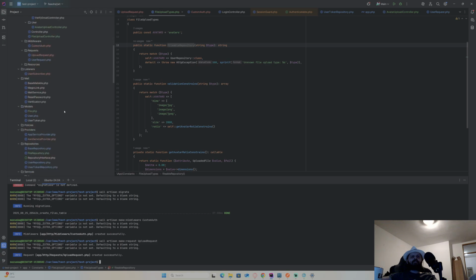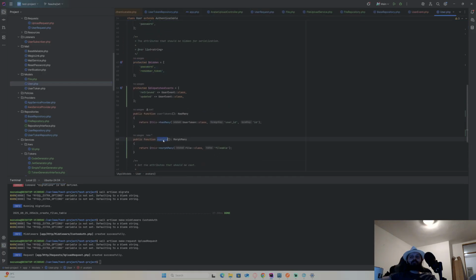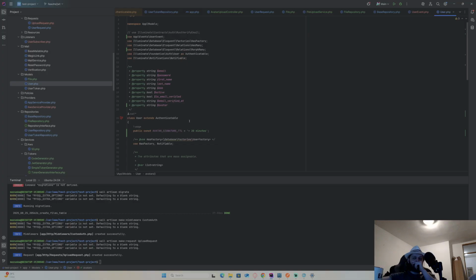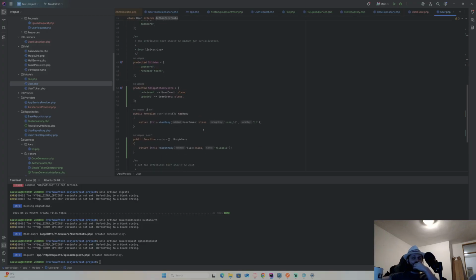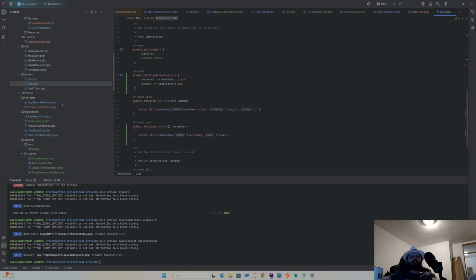First things first. First, I'm going to go to my user. Maybe not. Let me just see how we're gonna do that. I need to have the something. I can use model. Yeah, model will be fine. Okay, let's just use model.